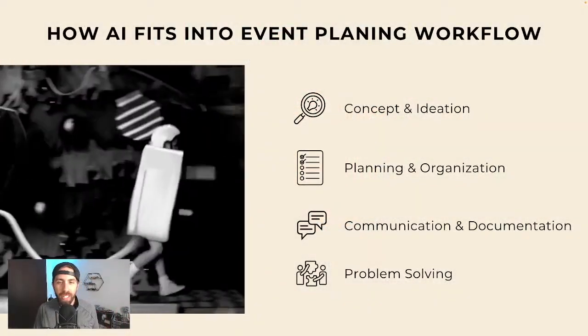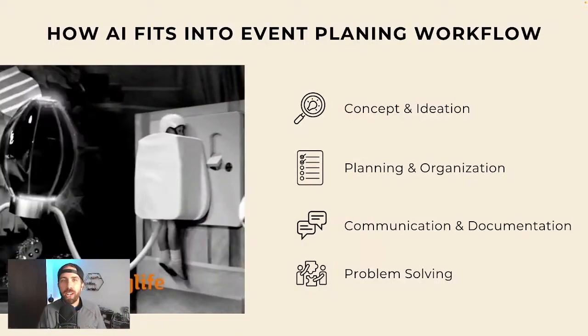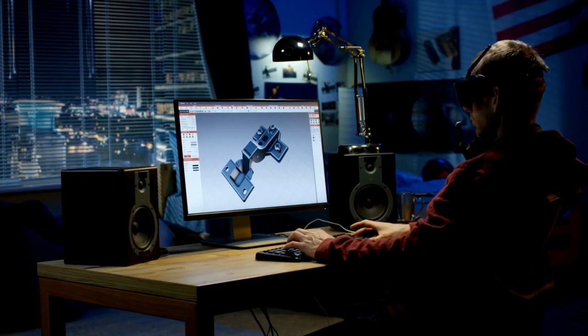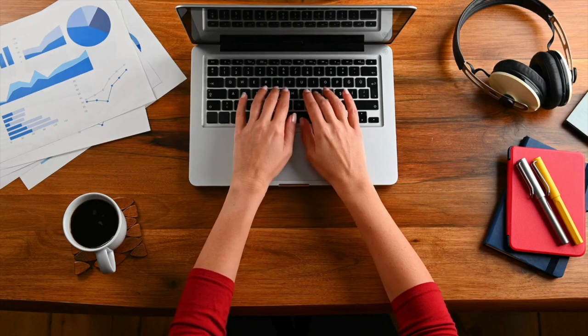And then finally, number 4 would be problem solving. This is one of the coolest things that I've seen these AI tools be able to do, rather than going to Google. Let's say, for example, you are planning an event and you need help with your PowerPoint slide deck. In PowerPoint, there might be certain instructions that you need to follow in order to make sure that you get